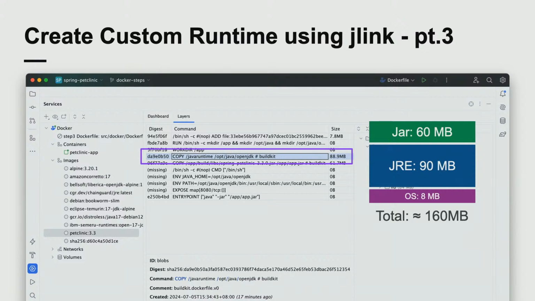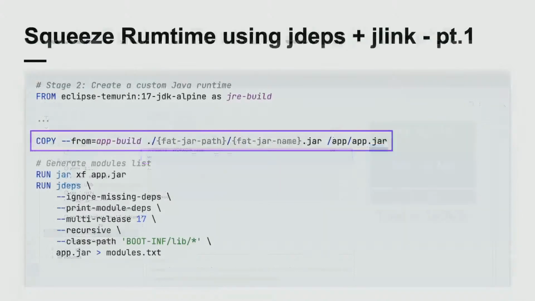But as you can see, our application is quite small, but there are a lot of different modules in your JRE. But we don't use all of the modules from our JRE. So is there any way that we can remove the unnecessary modules from our JRE? Actually, there's another tool called JDeps, which can analyze your jar file to know which modules you use